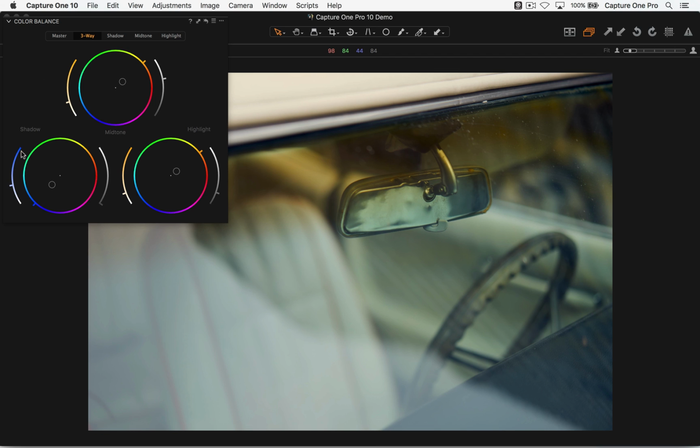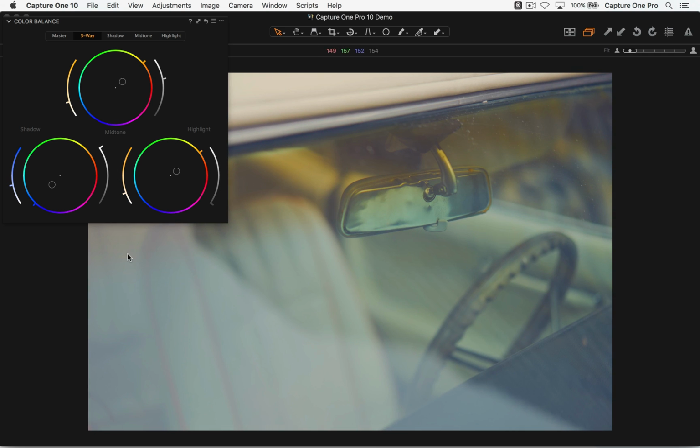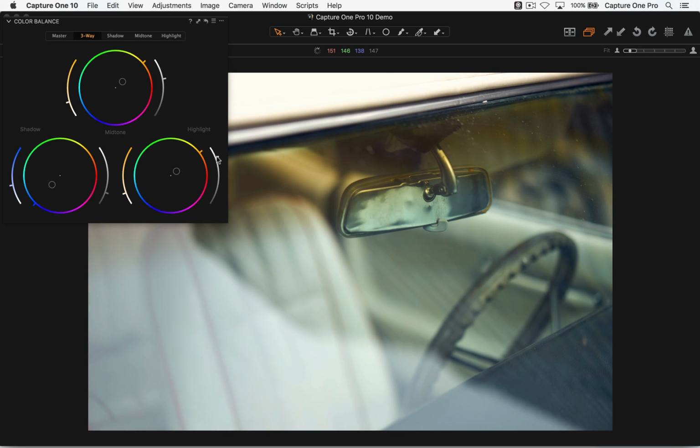So that gives you an additional way to adjust contrast, because you can see if I darken my shadows and then lift the highlights, I get a more contrasty image. If I darken my highlights and then lift my shadows, then we get a flatter image. It's not necessarily better or worse than using a contrast slider or using a curve, for example. It's just a different way of doing it. And some people, customers I should say, even with everything set to 0, you can still use this tool as a way to manipulate contrast if you wish.